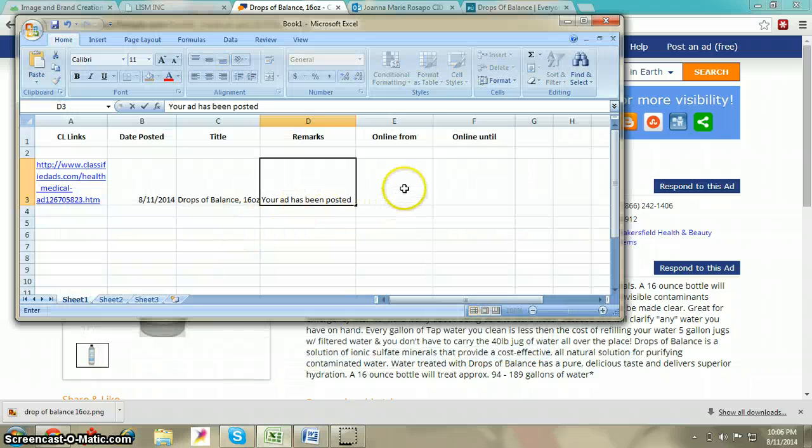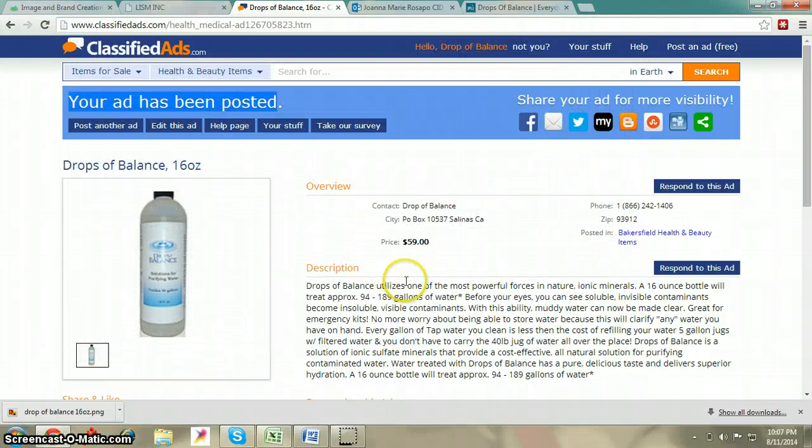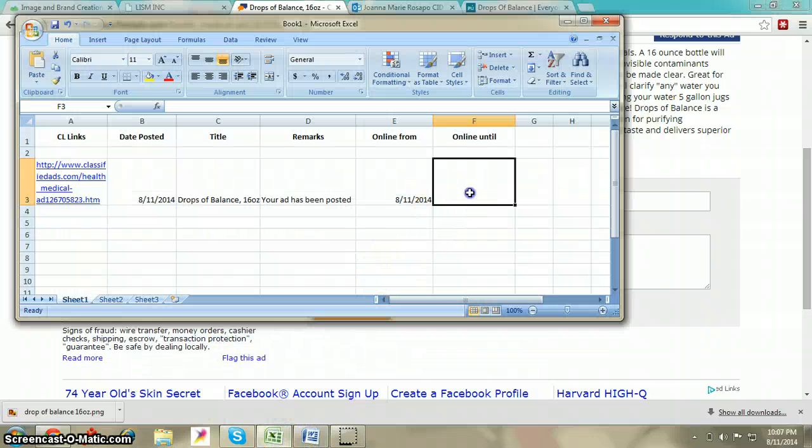Then online from, and date until, so we chose 6 months. So the expiry would be February 11, 2015. So we can see the expiration date of this.